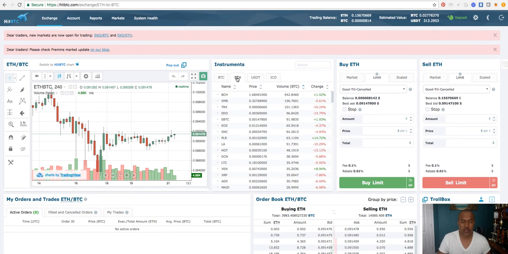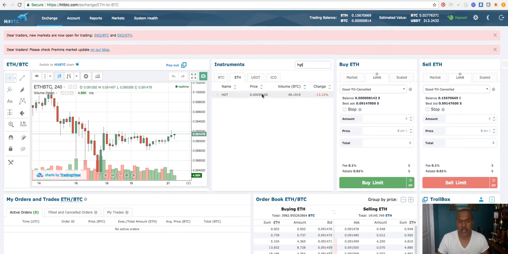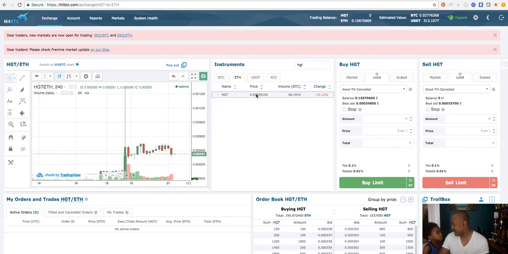here's the platform once again. I have Ethereum selected. I know what I want to purchase, so I'll say HGT in this case. And once I choose that currency pair,